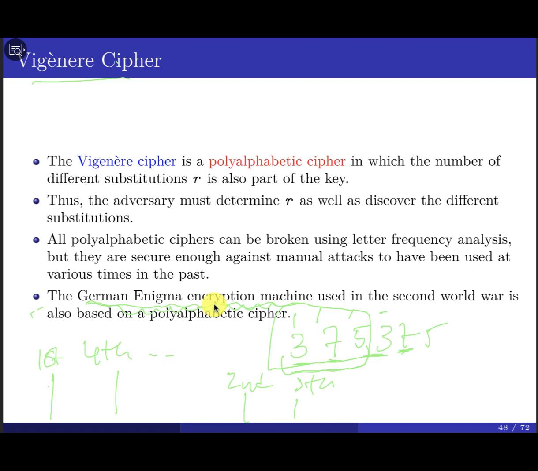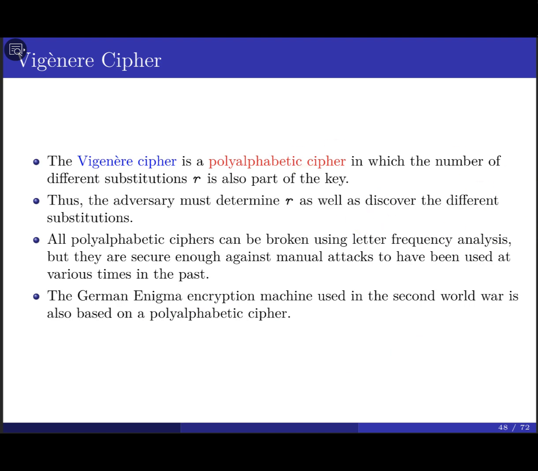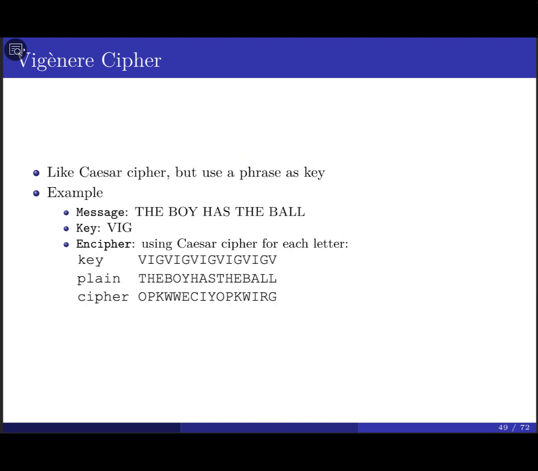But actually, let me see, okay. I think there's a movie, I watched this one, it was interesting. Maybe you can find the paper that explains exactly what they did. It's going to be interesting how to perform that. But the Enigma encryption machine is based on the Vigenere cipher here. It's the polyalphabetic cipher, and they use different substitutions as a part of the key. And they change this every day. So anyway, how can you perform this kind of technique? How can we encrypt with this one?